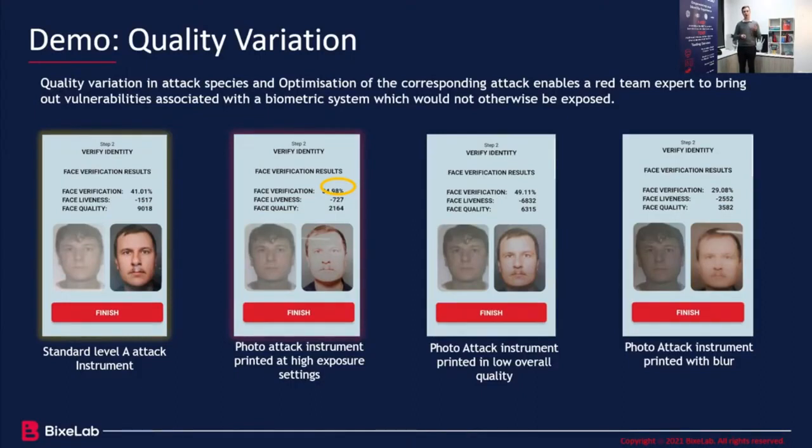So these are some outputs from this type of app. And what it has is a face verification, so a match score essentially. We have a liveness score where higher is essentially better. We have a quality score as well, where again higher reflects different outcomes. So this is looking at quality